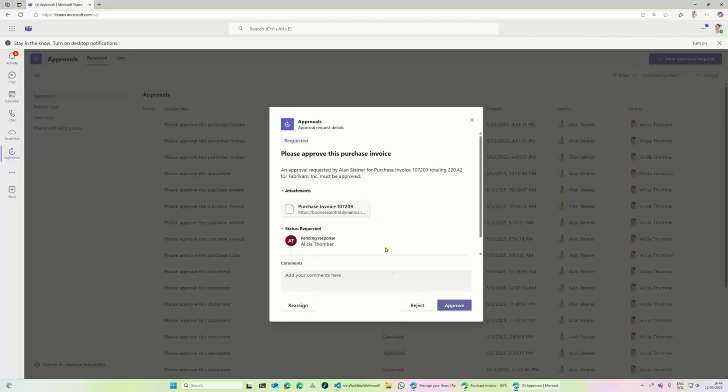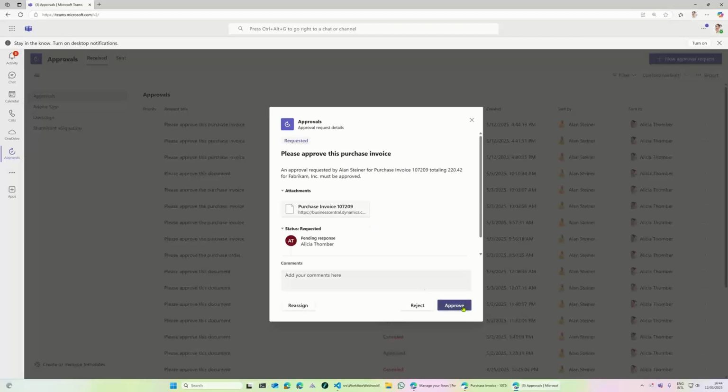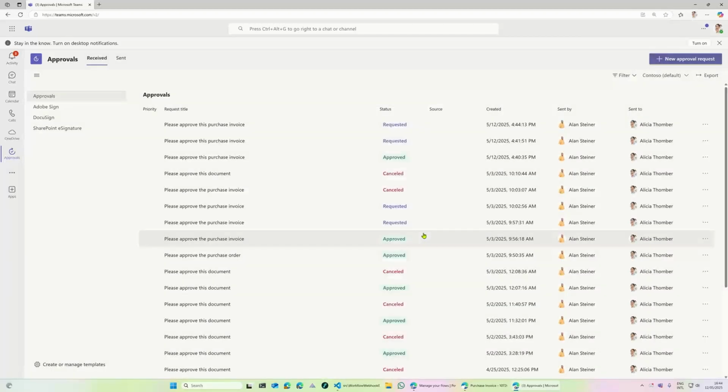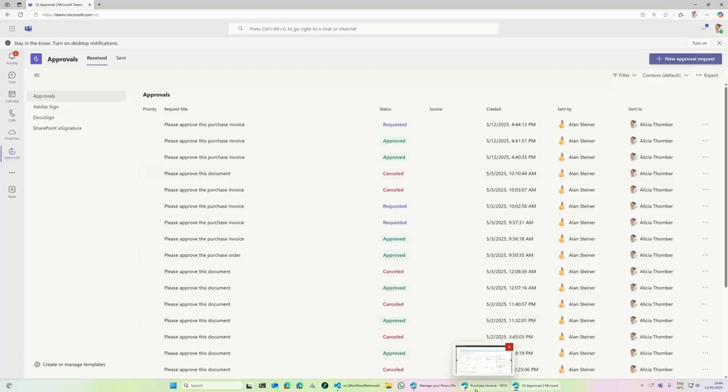So here I have this one, 107209, and here I have another one. Now, if I take the first one and approve, the approver may now think, okay, I'm done. I'm not sure why I have 2, unless he was informed maybe by his colleague.